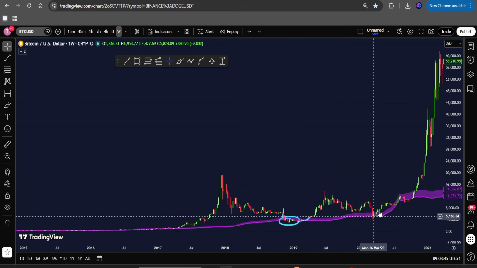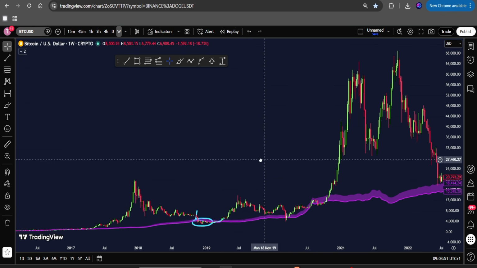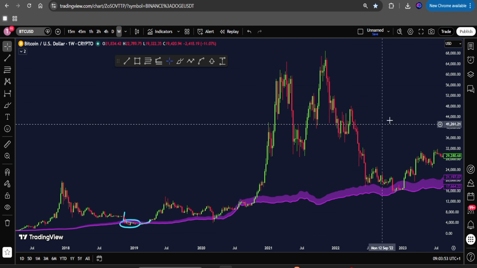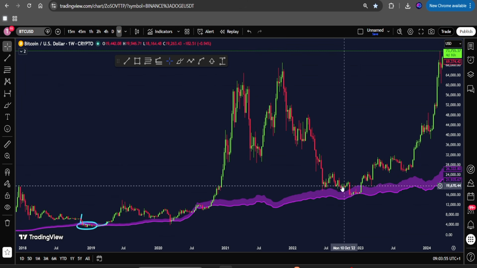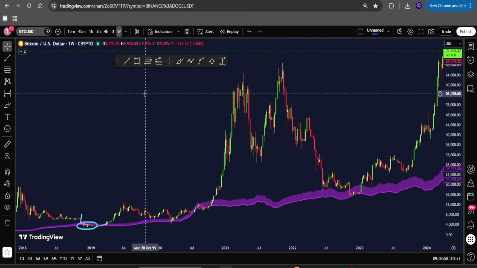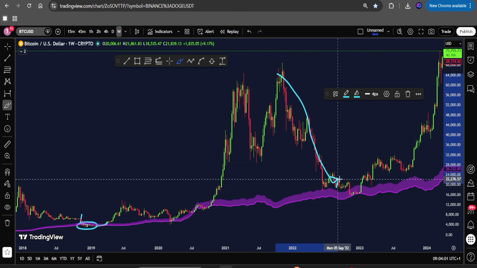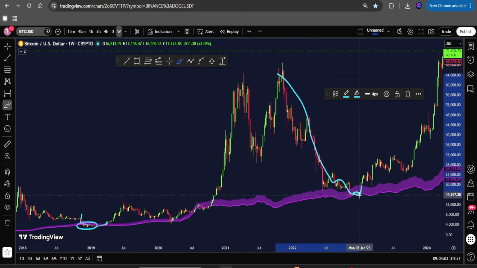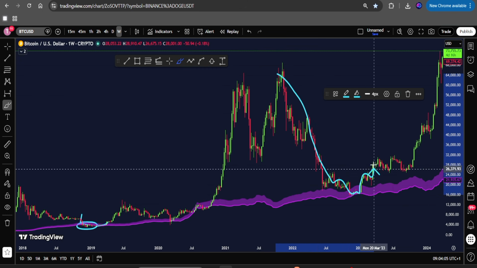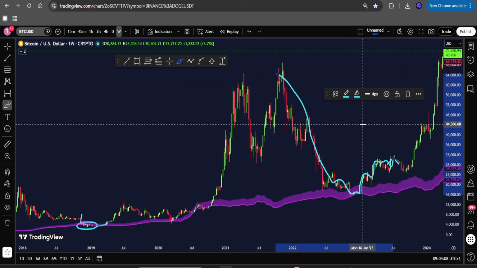We saw the price coming to the cloud right here, which indicated the bottom of the 2020 bear market. So as you can see, the cloud has been a better indicator of each BTC bear market. Also here in 2022, you can see after having this major drop down here, immediately we got to the cloud. You can see how the price reacted, and from there we saw a massive uptrend that printed the bottom of